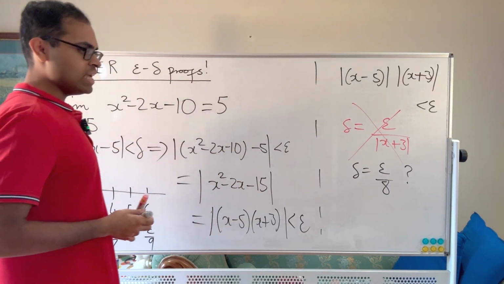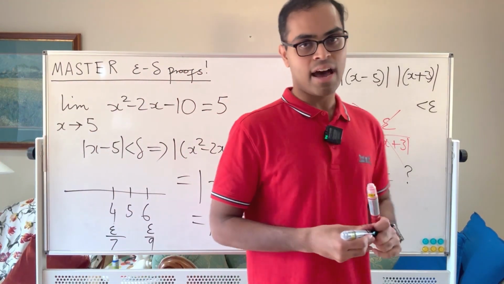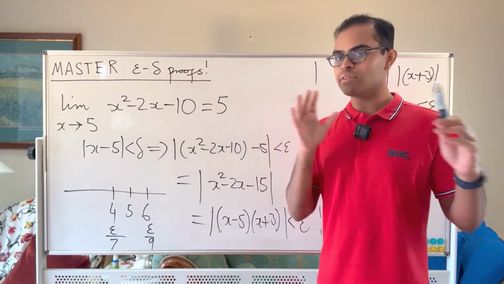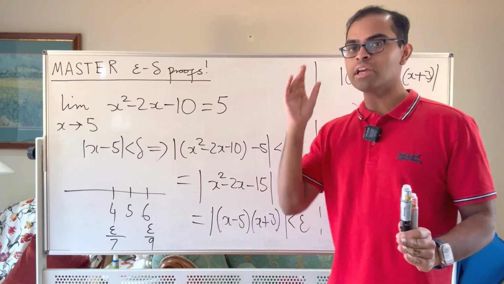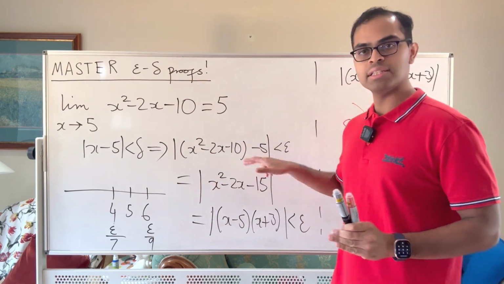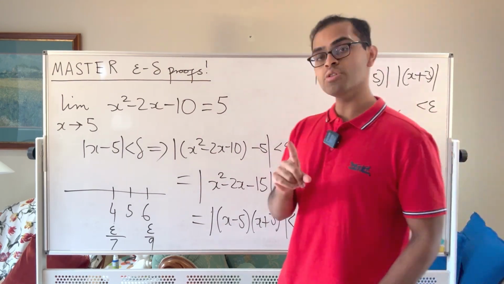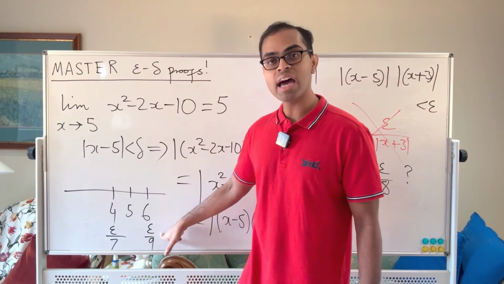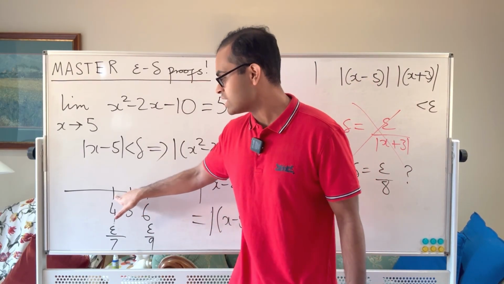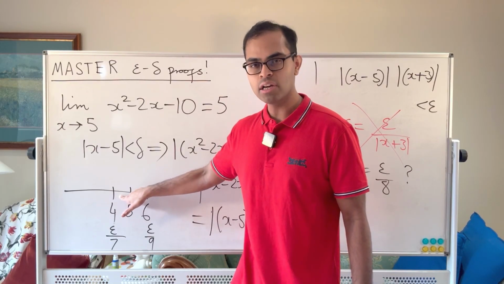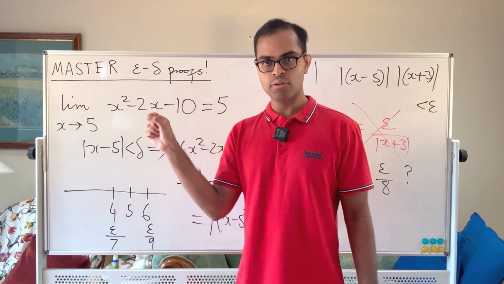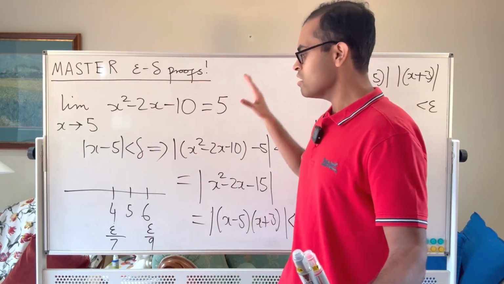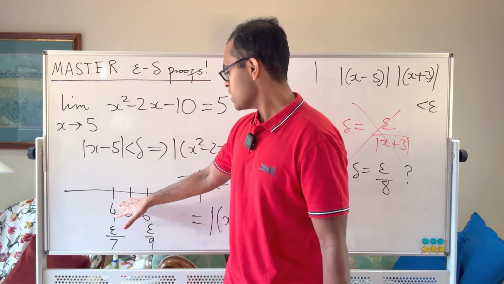Okay, so we need our delta to be small enough. That's our luxury, that we can ensure our delta is as small as we like. We can pick a delta, it can be as small as necessary as long as we ensure that this quantity is less than epsilon. And so what we're going to do is pick the smallest of the two values. Okay, if delta is epsilon over 9, that's going to take care of any x in this range from 4 to 6, right? So if x is within 4 to 6, which we can ensure because we can make delta as small as possible. So first step, I'm going to say, or you're going to tell me, the delta is going to be